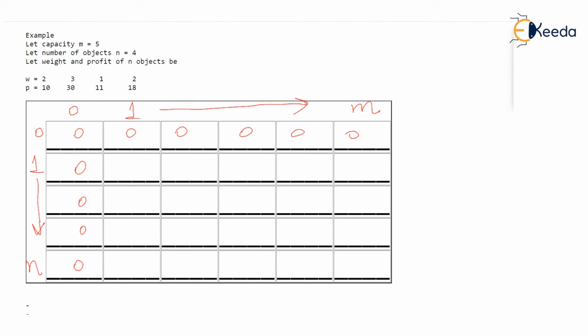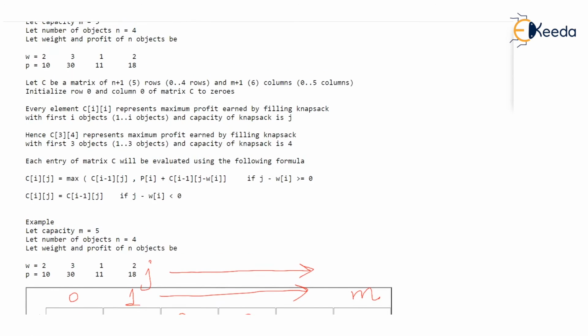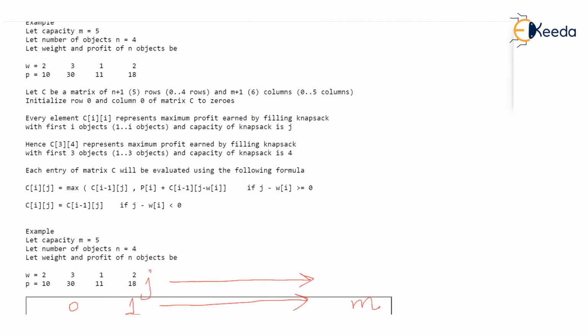That means in our algorithm we will run a nested for loop where i will run from 1 to n and j will run from 1 to m. And in that nested for loop, we will try to find Cij in row order. We will find Cij in the row order, isn't it? Using those formulas. So here is the algorithm that has been written.